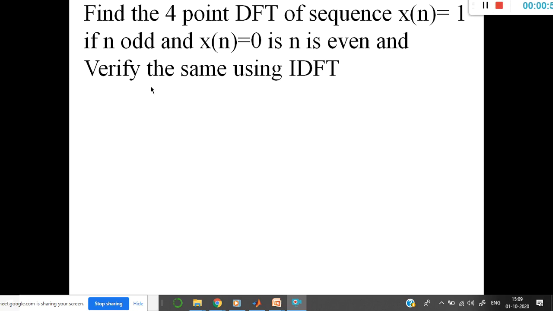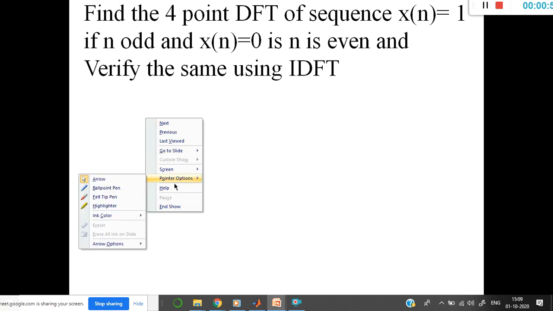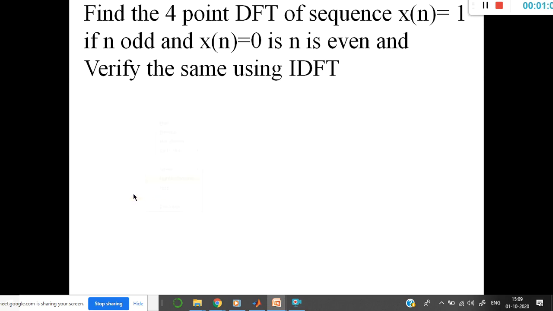Now let me take up this example, guys. Just to recapitulate, hope you are aware of the formula to find the DFT here, right? So I'll just write the DFT equation here. I need to find the value of x of k, and x of k is given by the input sequence x of n multiplied with the twiddle factor W_N to the power of kn, summation from n equal to 0 to N minus 1, right?